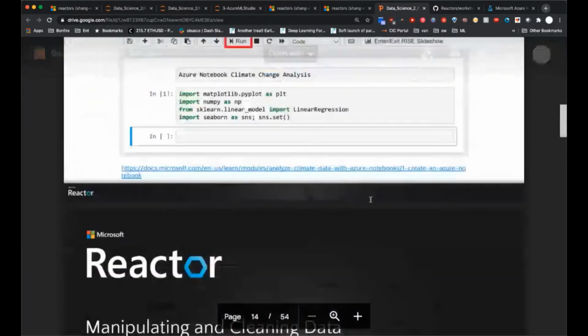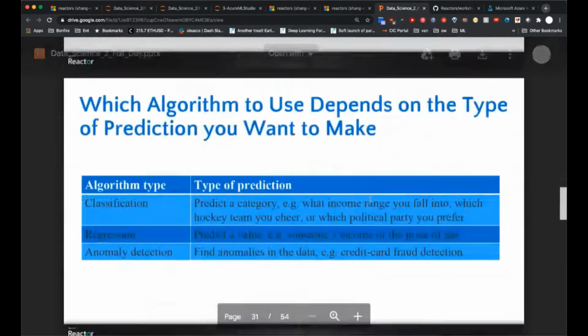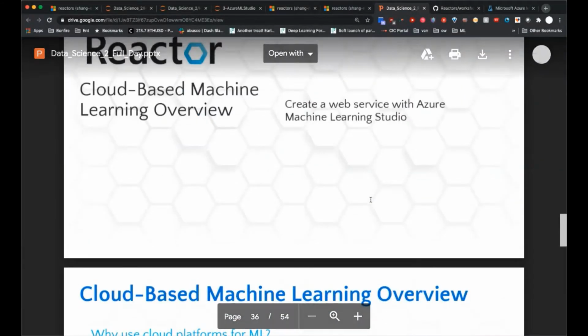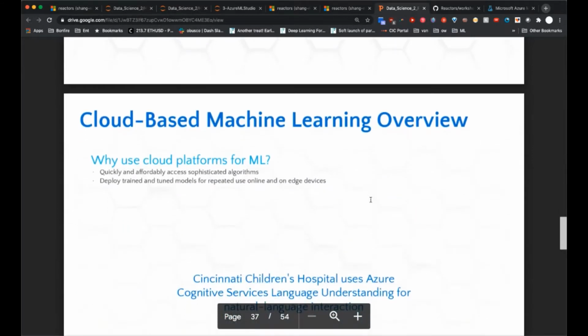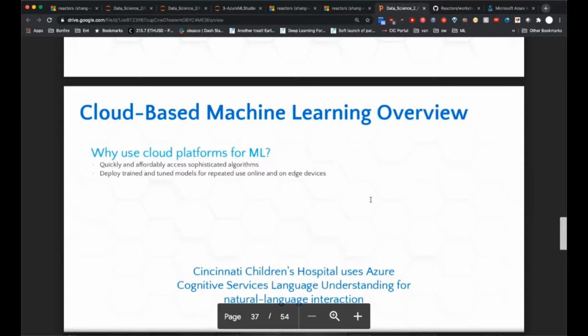But yeah, so with that out of the way, a little bit of high level review, let us go back to our slides. Excuse the slide flipping. Okay, so why do people want to use cloud-based platforms for machine learning, right? Well, this is a quick and affordable and accessible way to make very sophisticated machine learning available for any kind of small company, any kind of startup, and this will basically reach more users, right? So what this allows you to do is deploy, train and tune models for repeated use online and on edge